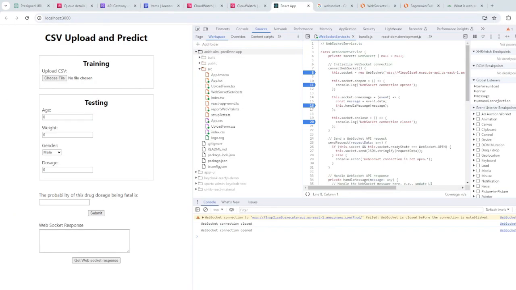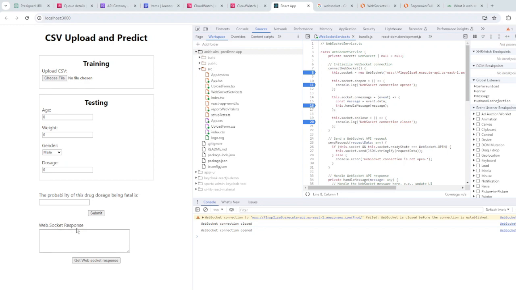Now that we've covered the theory for the on connect, on disconnect, and the send message handler, and that we've also looked at the AWS console and how these methods are deployed using various Lambda functions, let's cover it through a working example, through a working application end to end. So this React application might look very familiar to you because I've done videos for it using the SageMaker training and testing job, but you need to pay attention to the bottom half of the screen where we are getting